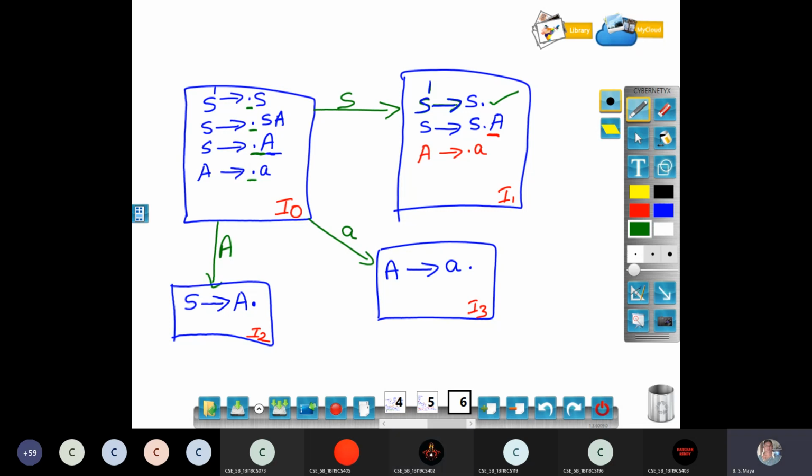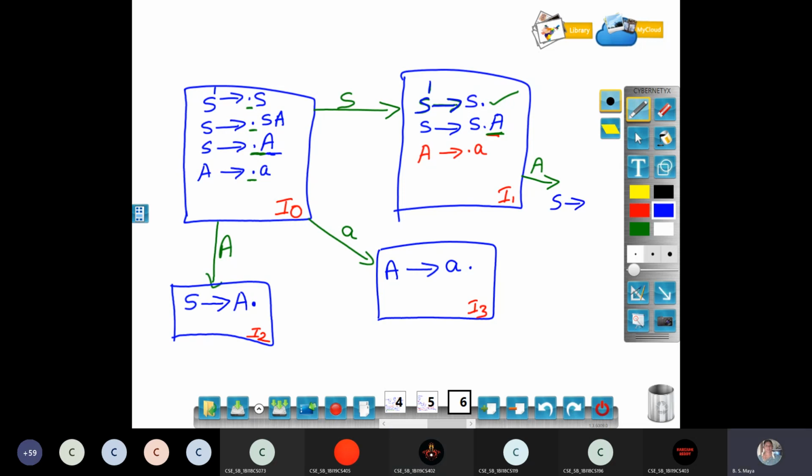Yes, ma'am. Then you check the second production. What is the second production? I have to move now. Move dot from where? I have to move capital A. How to get it now?